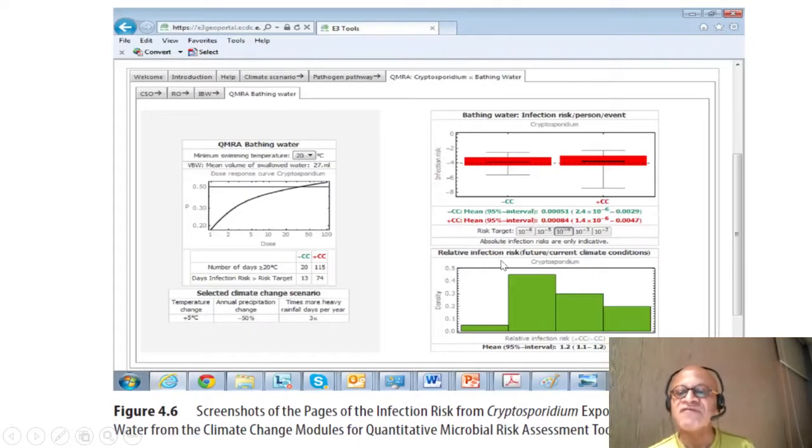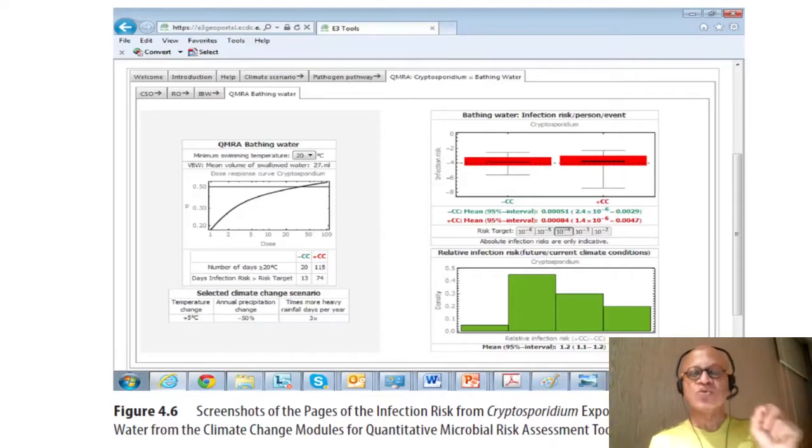Okay, relative infection risk, future and current climate conditions, densities versus relative infection risk, and you can see you can project it into all sorts of details. So these are tools that are interactive. They are based on data and future projections of climate. They can be done also for predictions at short time scales, what are now typically called S2S time scales, sub-seasonal to seasonal, where seasonal outlooks, extended range, and weather time scales can be combined to get the system ready, get it set, and get it going to deal with risks